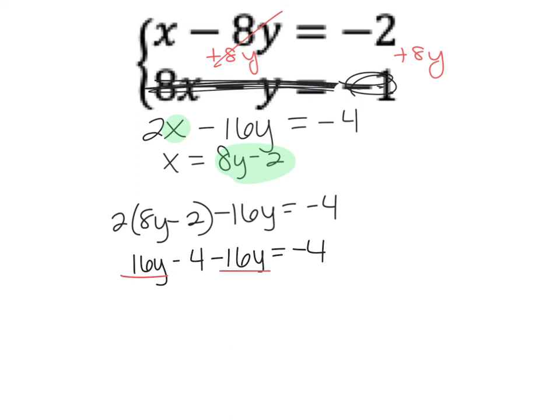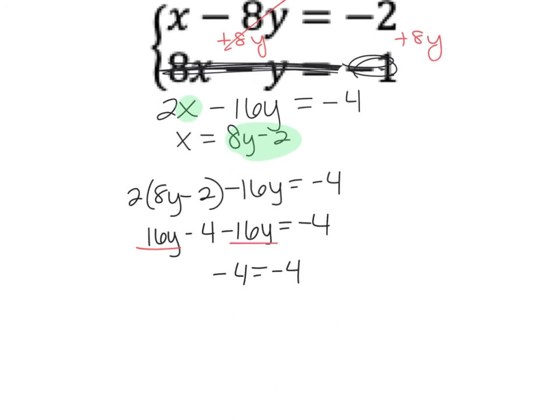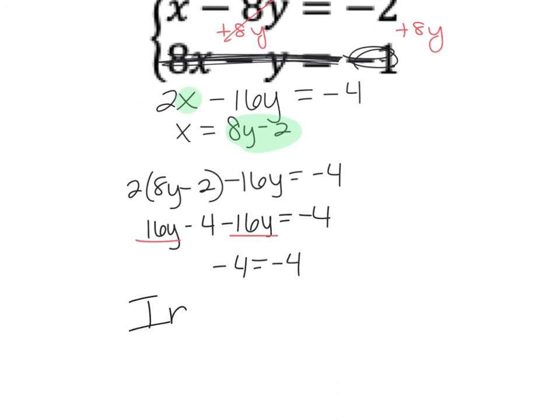Combine your like terms. What happens? 16y and minus 16y, those cancel, right? So you have -4 equals -4. Okay? So all the variables went away. That means you're going to have a special solution. Is this statement true? Does -4 equal -4? Yes, this is true. So that means there are infinite